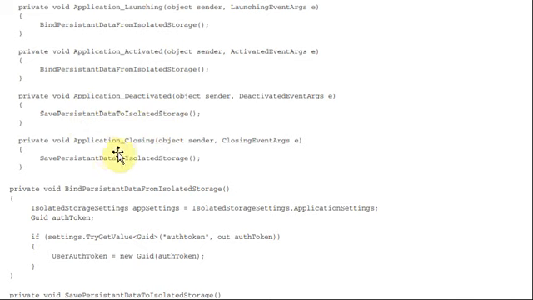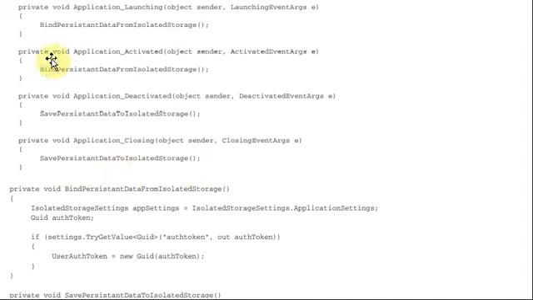Okay. Next again, the next one you have is application closing. So here you can see this is the launching event, here it is activate, and next one is deactivate, and here the argument is closing. So when you're closing, again save persistent data to the isolated storage.